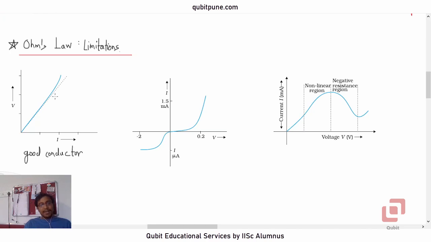So it is still an approximate relationship, which generally holds good for smaller values of voltages. The actual numbers have not been quoted here, because they will depend on the material, since every material has a different resistance. So for a good conductor it is approximately linear, so Ohm's law holds good. Now, because we have studied diodes, if I plot the voltage current characteristic for a diode, you will find that it's